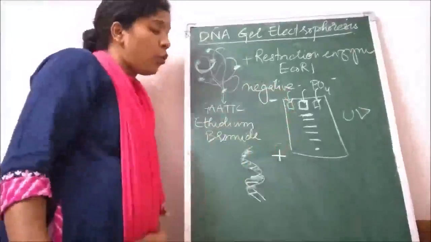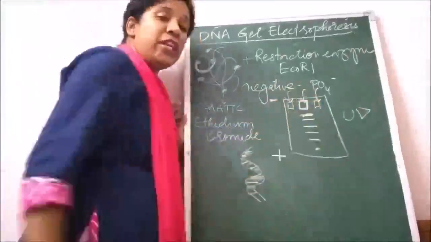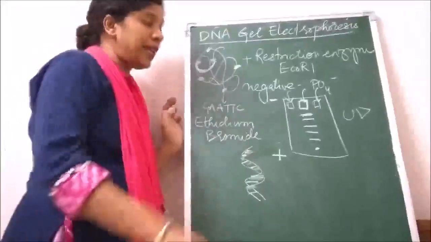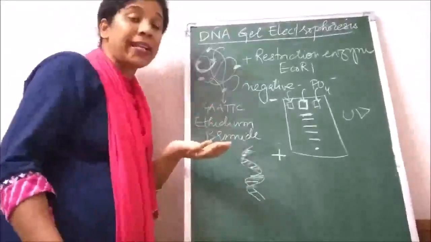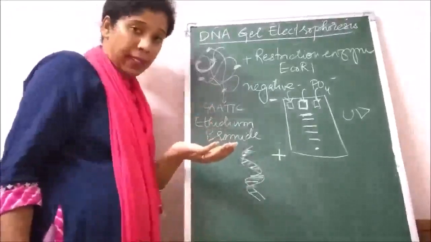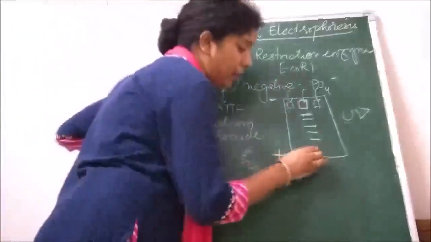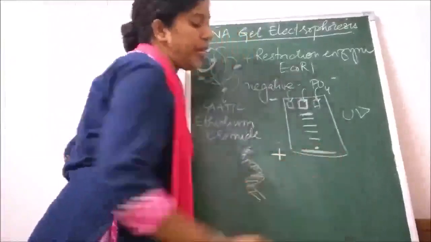While you are loading your DNA into these wells, you always put some glycerol into it so that the DNA settles down well at the bottom of the well. And also there is a blue dye which will help you to detect